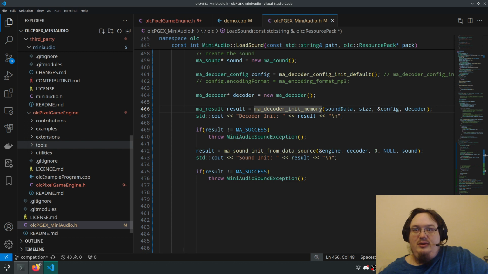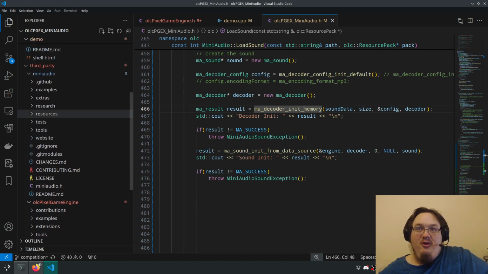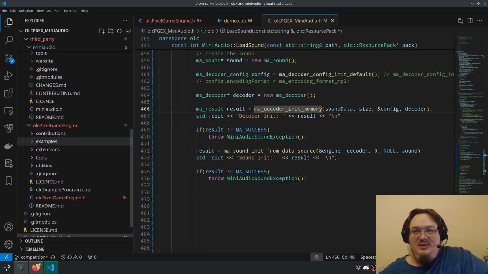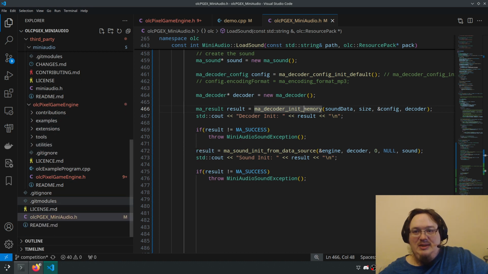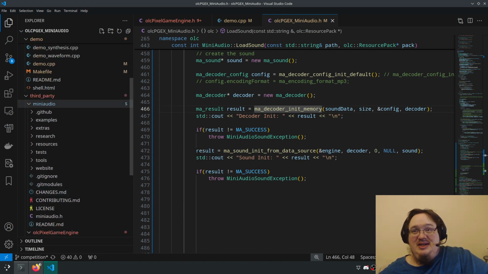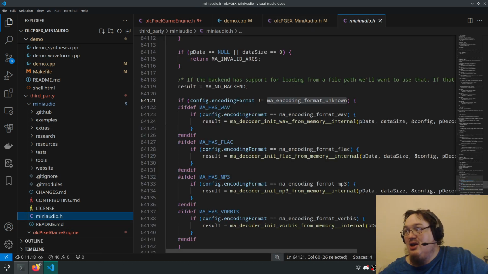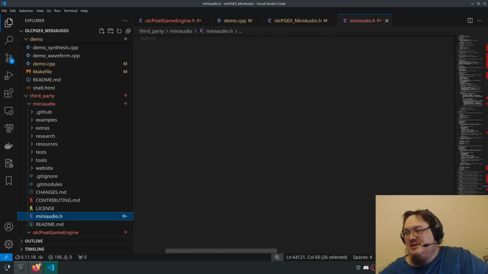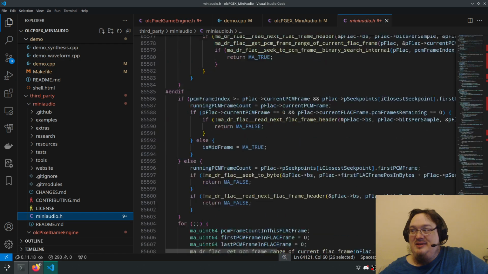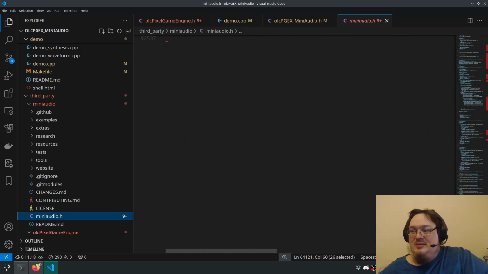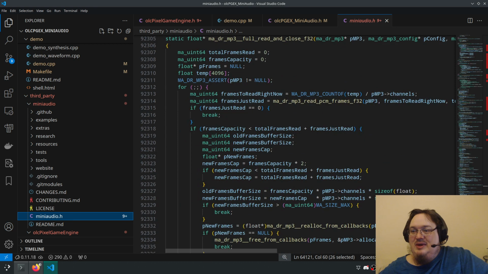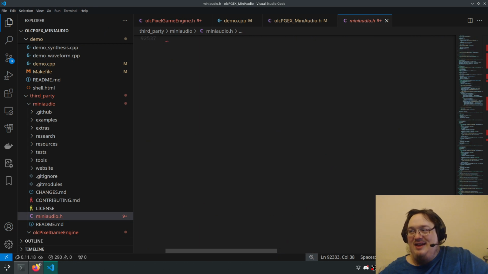Okay, so before we actually dive into that, I want to take a moment to point out that the miniaudio file has over 64,000 lines of code in it. Has over 92,000 lines of code in it.